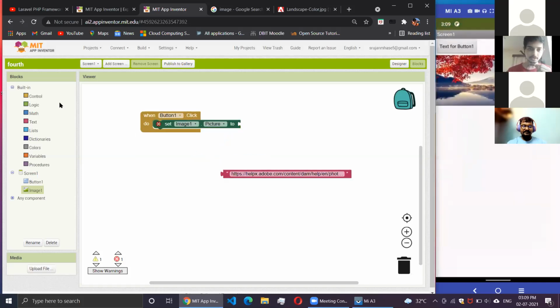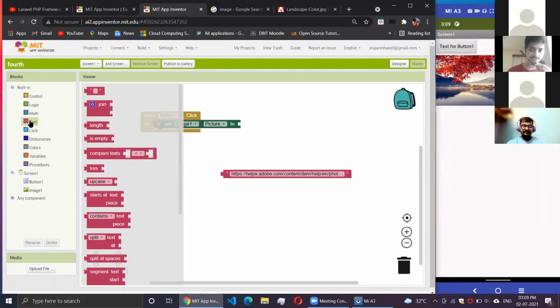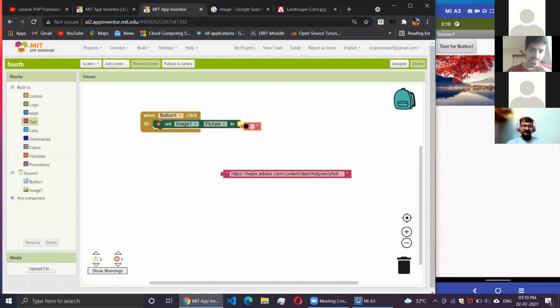Then click on the violet text one in the left under the built-in blocks, the one that has a purple square beside it. Click there and drag the first block, the one with quotation marks in it and nothing else. Drag this first one and snap it beside our dark green block like this. Okay, done.